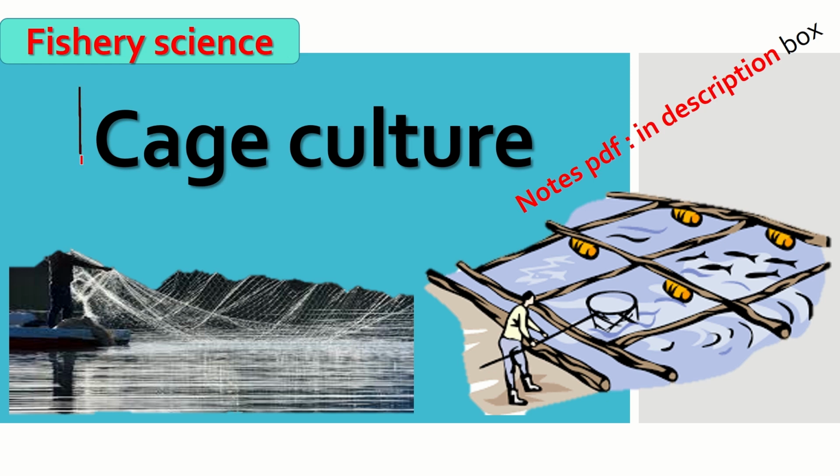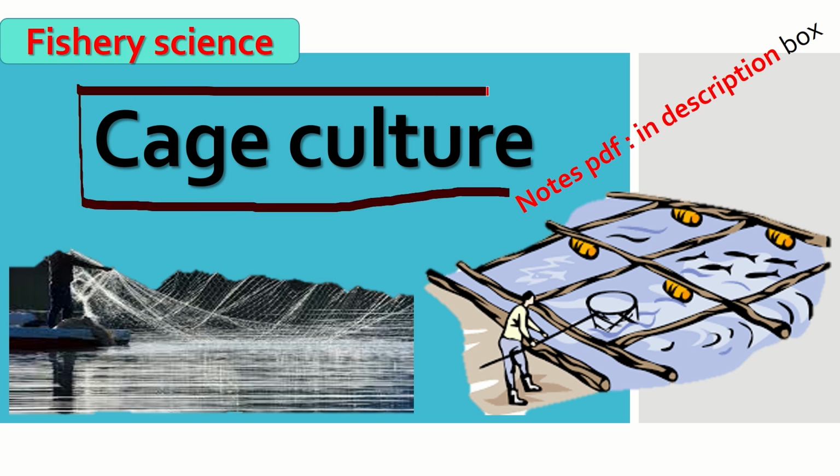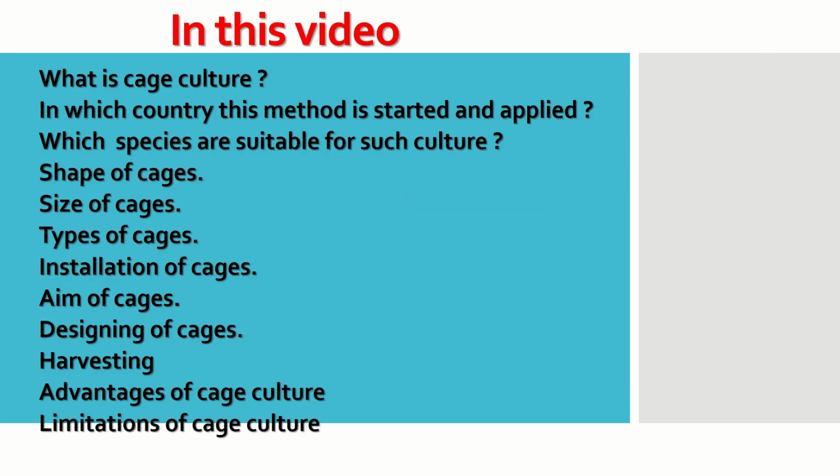So we are going to discuss the cage culture, which is one of the topics of fishery science. Here it is about the cage culture, in which particular types of fish species are grown in cages. So in this video, we are going to discuss what is cage culture,